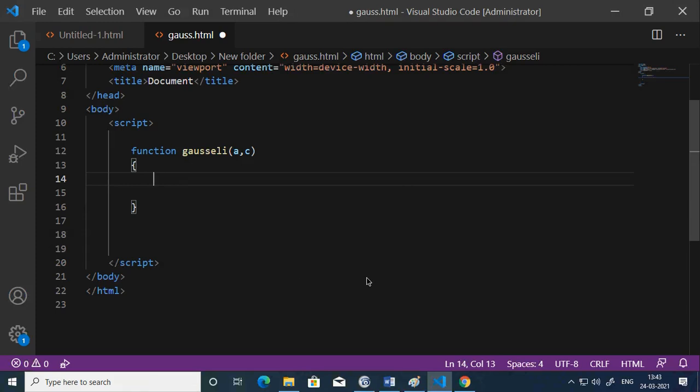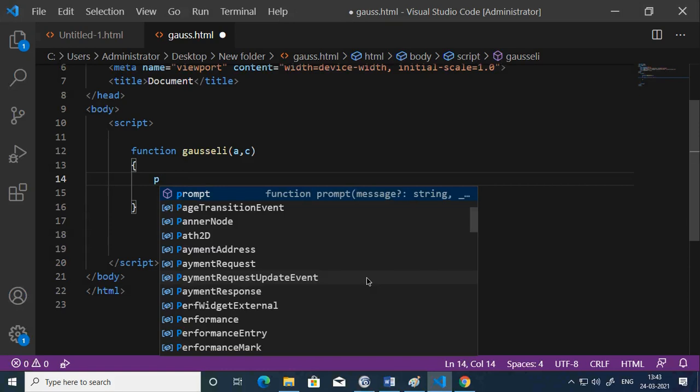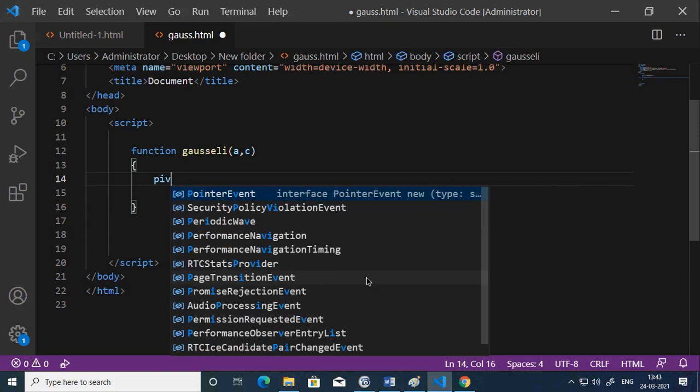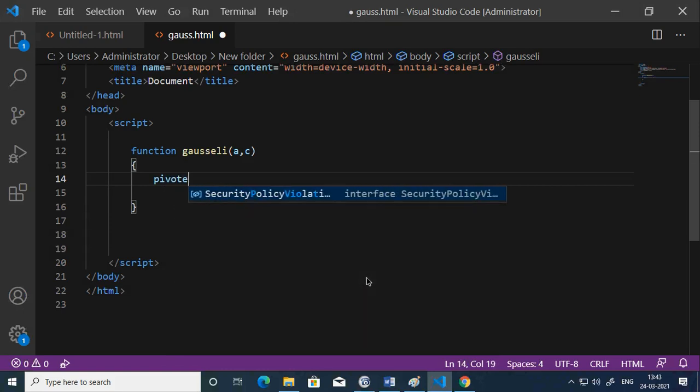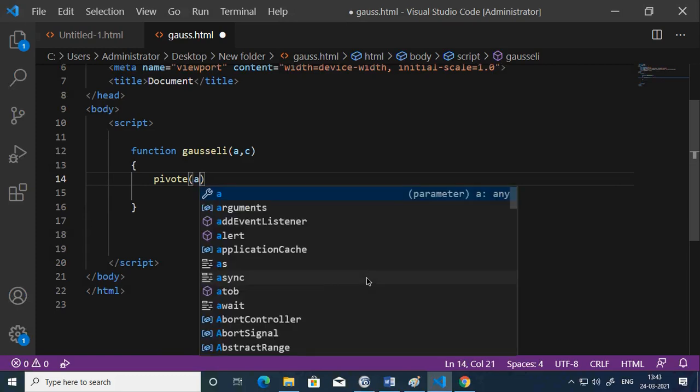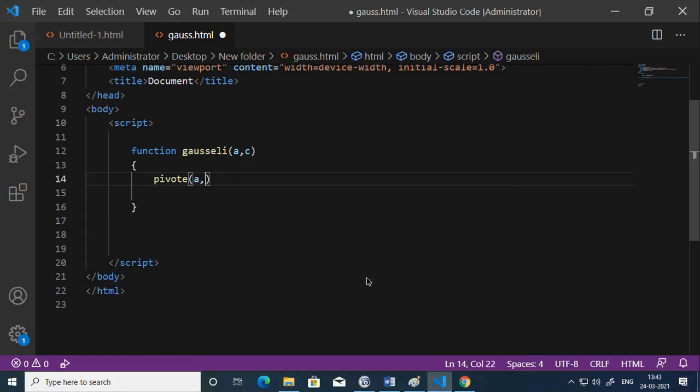First is, so I call that function pivot. Okay, so for pivoting I require a coefficient matrix and a constant matrix.